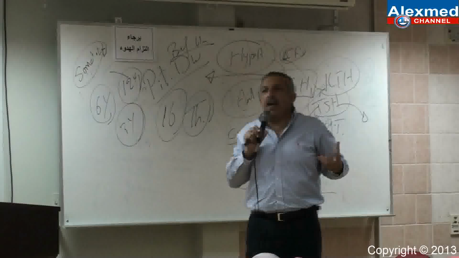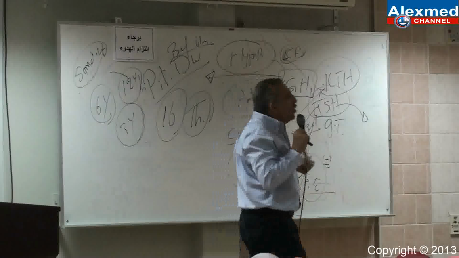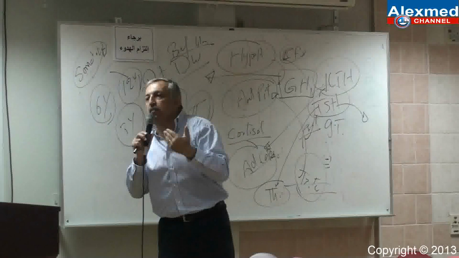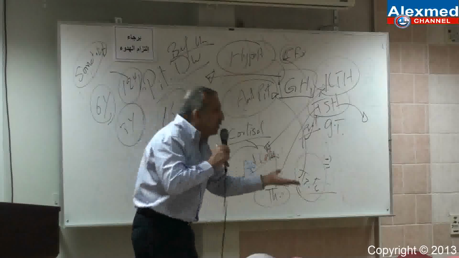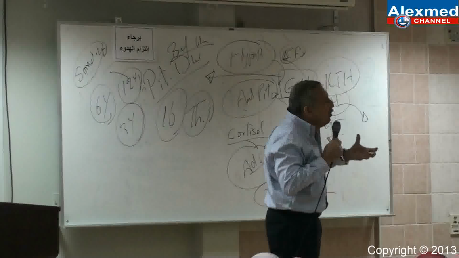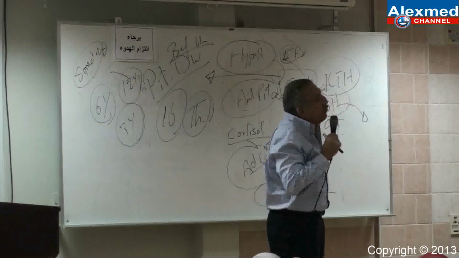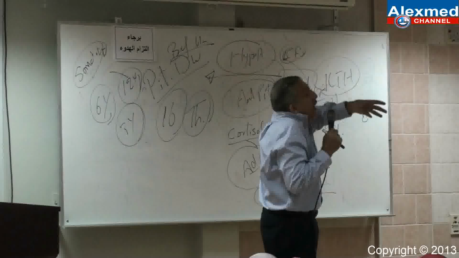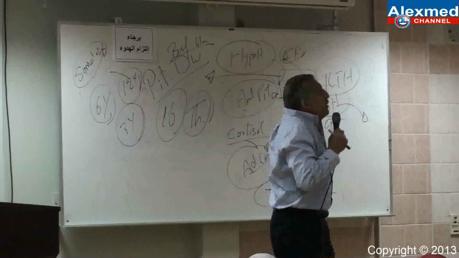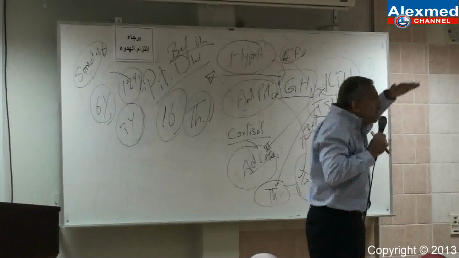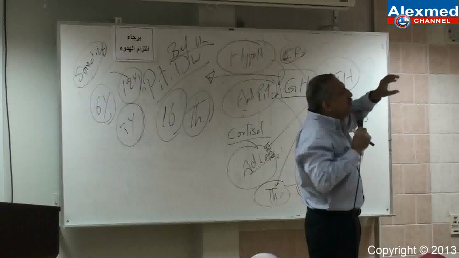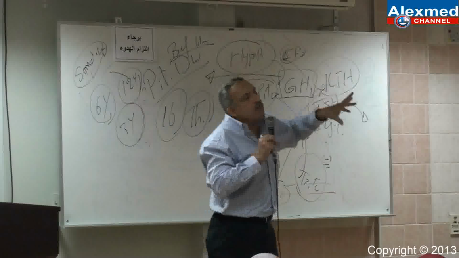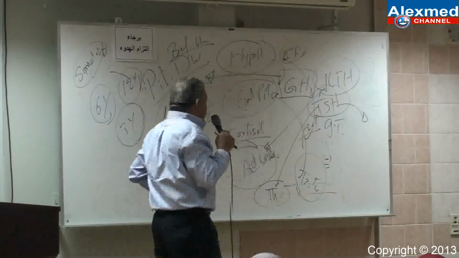Stressful conditions like infection, stressful condition like surgery, stressful condition like 1 month of examinations. This is a stressful condition. You need your anti-stress hormones. One of the most important is corticosteroids. So, in order to stimulate the gland to release more corticosteroids, you must give ACTH during stressful conditions. And we will concentrate on that later on while we are talking about adrenal cortex. Okay? We will explain it better when we study corticosteroids.